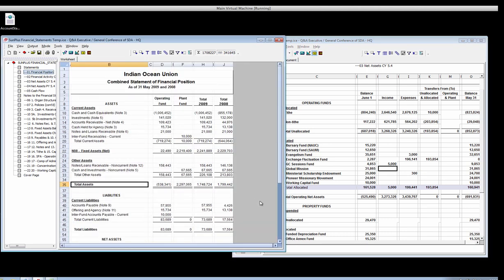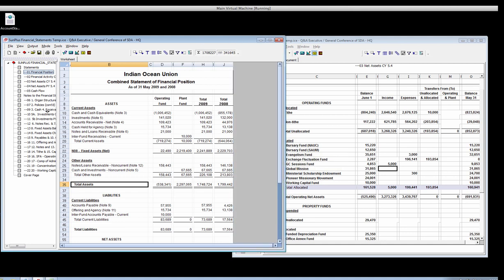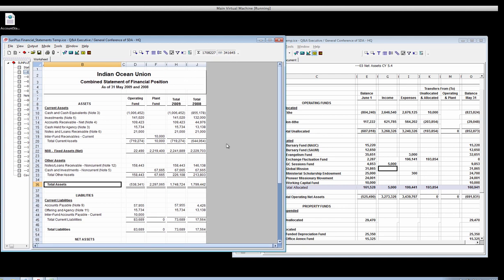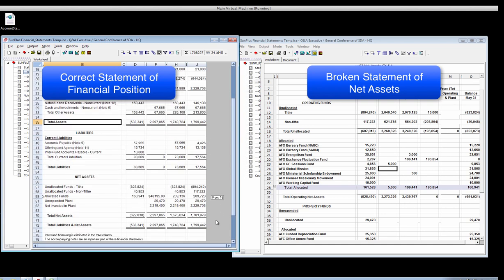Okay, and my balance sheet, if I can get this to behave correctly so you can see it nicely. Takes coordination that I don't really have. All right. Okay, so this is the balance sheet down at the bottom of the statement of net assets, and the